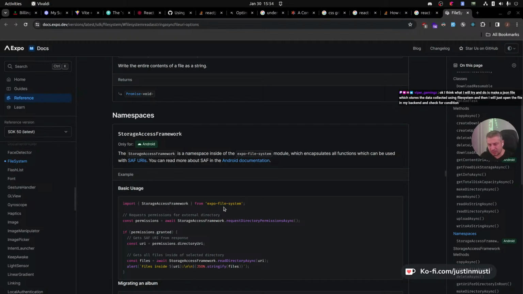I think what I'll try to do is make a JSON file which stores data collected using file system, and I will just open the file in my backend and check for condition. That could work. Again, it depends on your specific use case, but since you are using React Native,